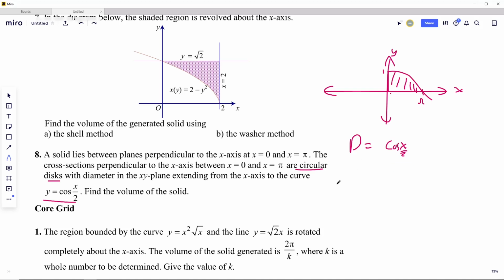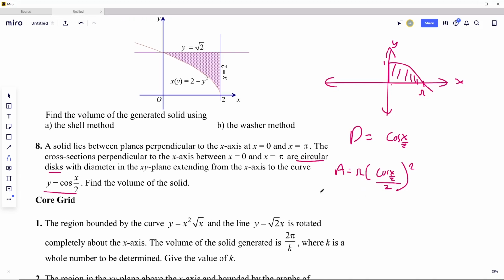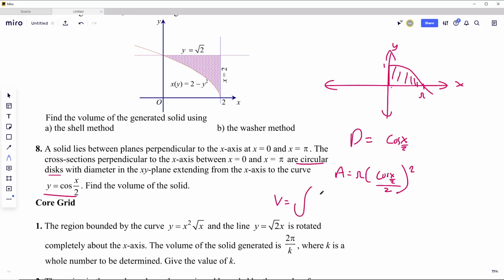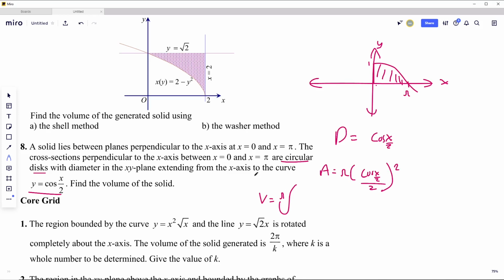That's the radius. So area is pi r squared, which is pi times cosine x over 2, over 2, squared. That's r squared, and then integrate. So the volume of the solid is pi, not pi times washer or something. We got the area, so just integrate the area. Now I'm going to take the pi out. So from 0 to pi, and this is the thing, just square. So cosine squared of x over 2, over 2. I can take the over 2 out. So pi over 2,